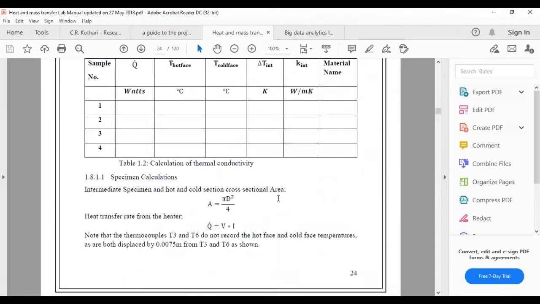So in this table, we will get the 4 or 5 values of thermal conductivity, and we will perform the statistical analysis from all of these values. But now at this stage, we have the values of thermal conductivity for all of the materials in our literature. So we will compare our measured value with the value in the literature, and we will find the name of this material.